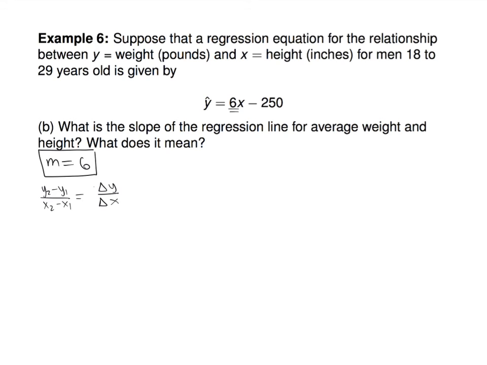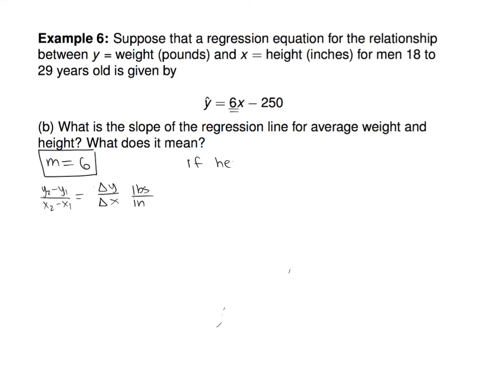And then think about what y is measured in. Y is measured in pounds. X is measured in inches. So what you have is this slope is 6 pounds per inch, or